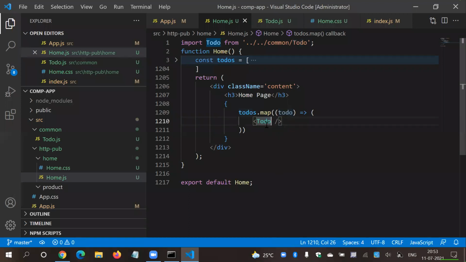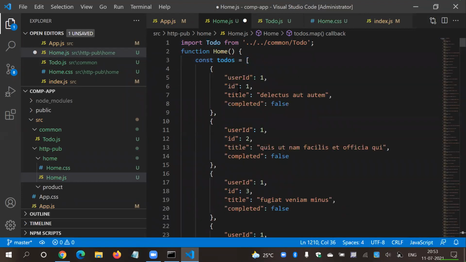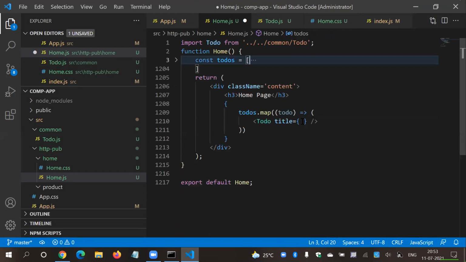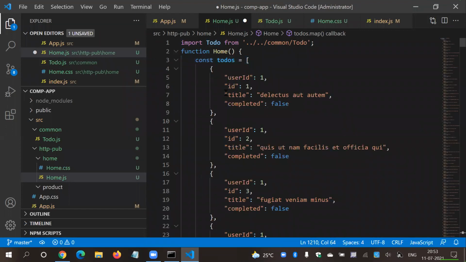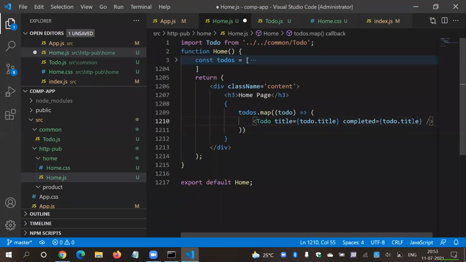Just remember that here everything is like HTML tags. So this is your tag. A component works as a tag. So what I want to pass is title, right? So where is title? Look at this. This is your JSON object. Here is your title. And yes, I'm going to say that object todo.title is my title. Awesome. So anything else that you want? Yes, I want one more thing. From here, I want this completed. So let's copy this and say completed, completed.